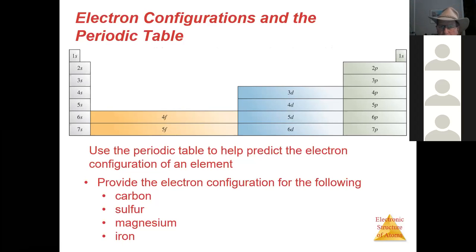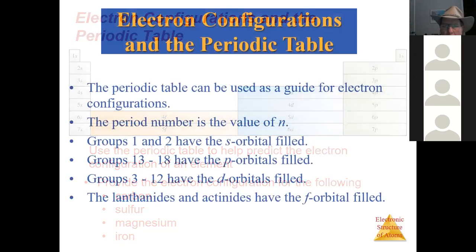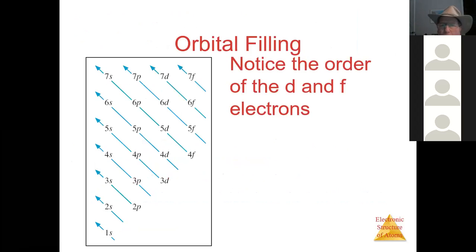Bottom line, do you have to memorize this? No, because you're going to do a chart. If you draw this chart out where you put 1s on the bottom, next row up 2s, 2p, next row up 3s, 3p, 3d, next row up 4s, 4p, 4d, 4f, and so on through 5s, 5p, 5d, 5f, 6s, 6p, 6d, 6f. If you just fill it out in this fashion,